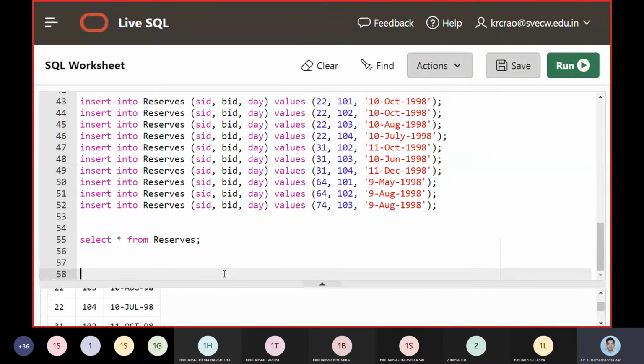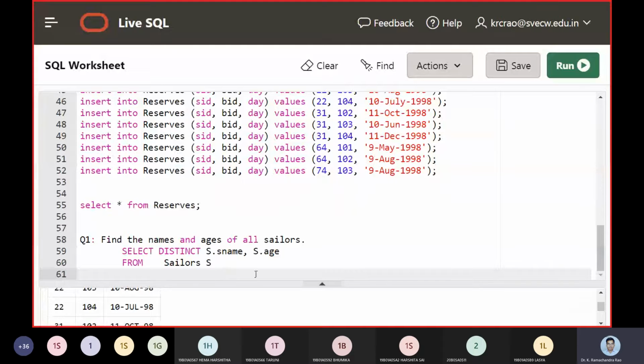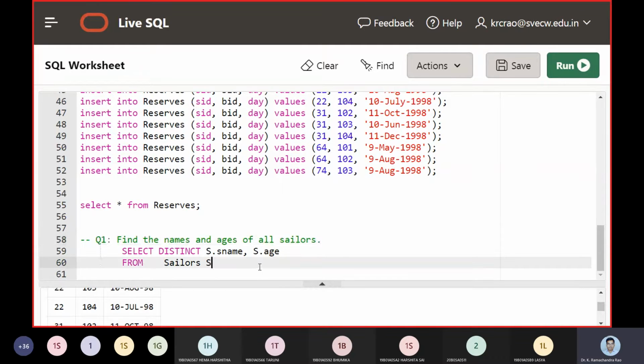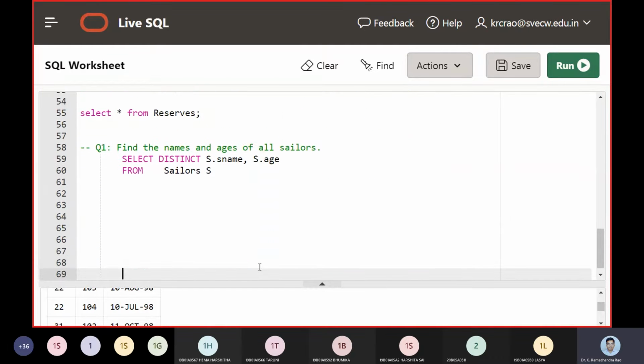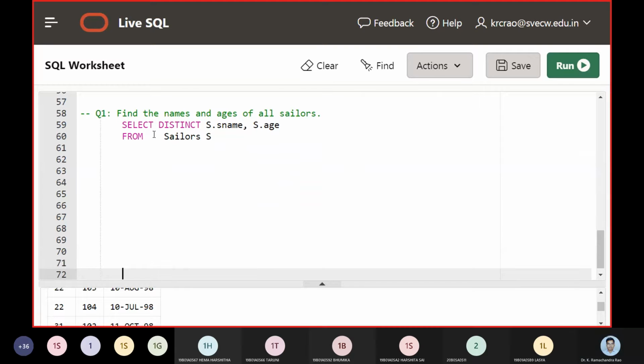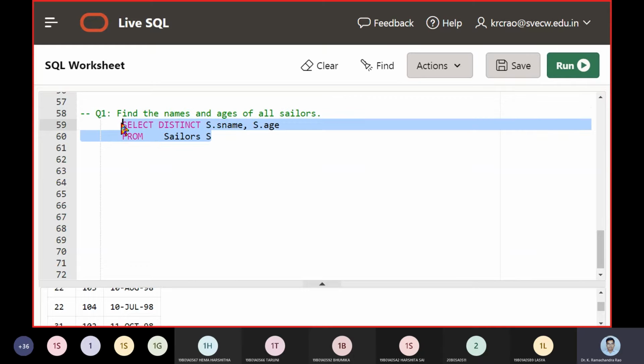This is question number 1. We'll put this in comments: find the names and ages of sailors. For that, what we are going to do is select distinct s.name, age from sailors.